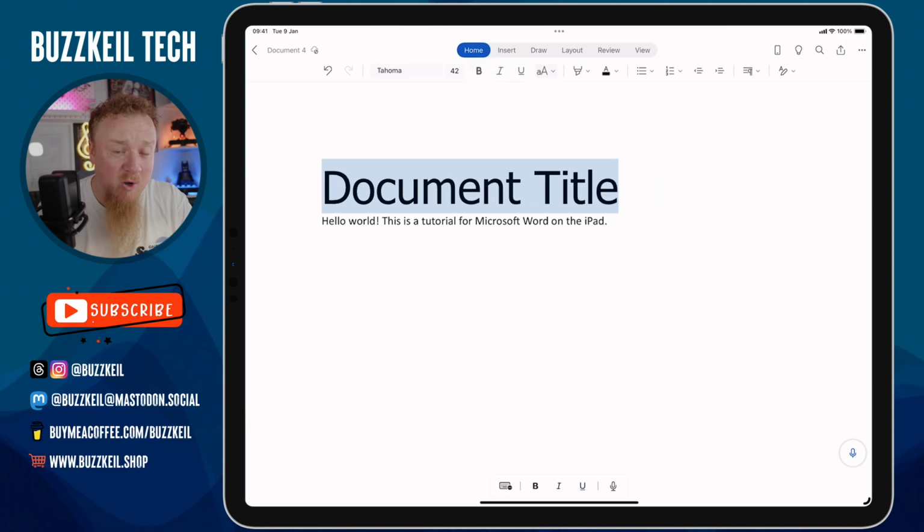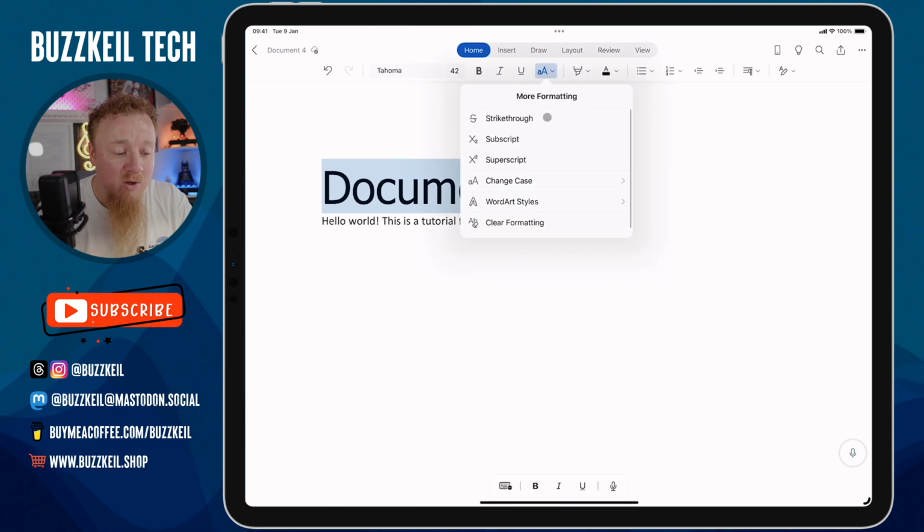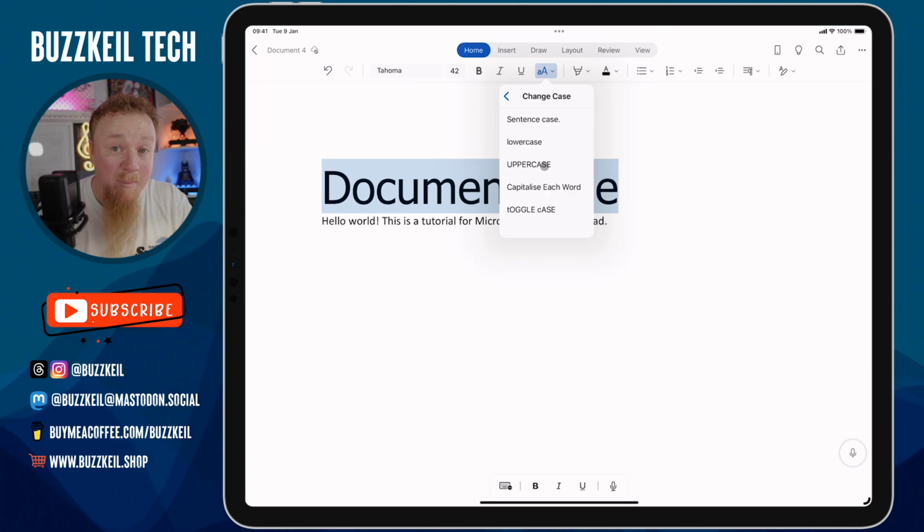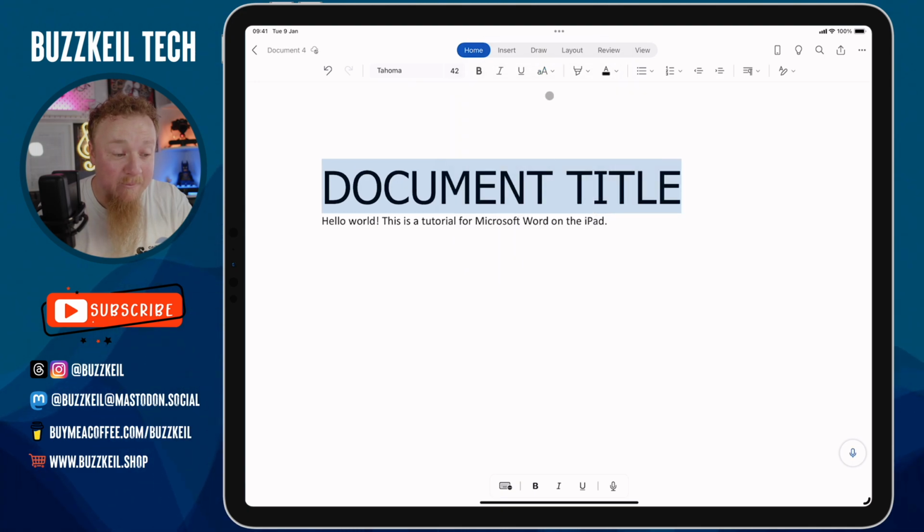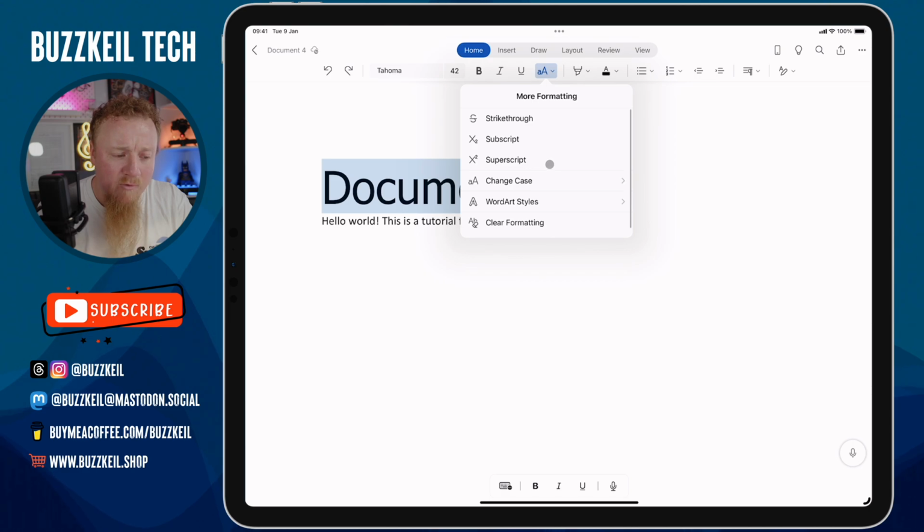And next to that's another drop-down menu with some additional formatting options. So I've got strike through, I've got subscript, superscript. I can change the case of the text. So if I tap on that, I can make it all uppercase, for example, if I want to do that. And I've also got